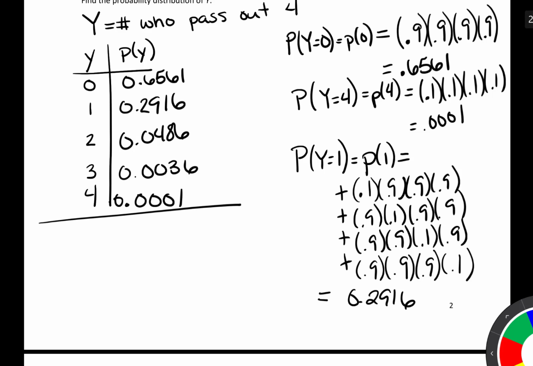And it ends up that this actually has a special name. It's called a binomial. So just have that as a side note, and here in a little bit, later on in the notes, we're going to actually learn about the binomial distribution. But for right now, let's look at what we've got here.